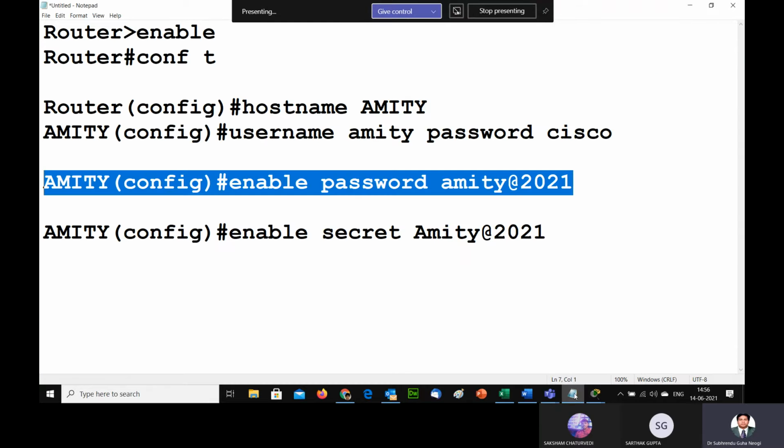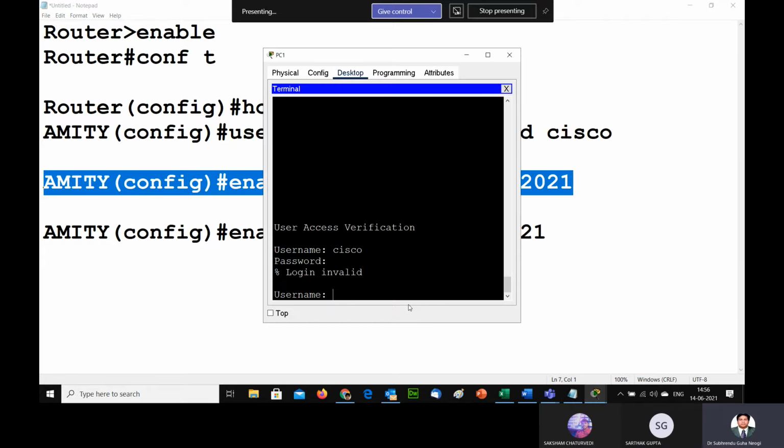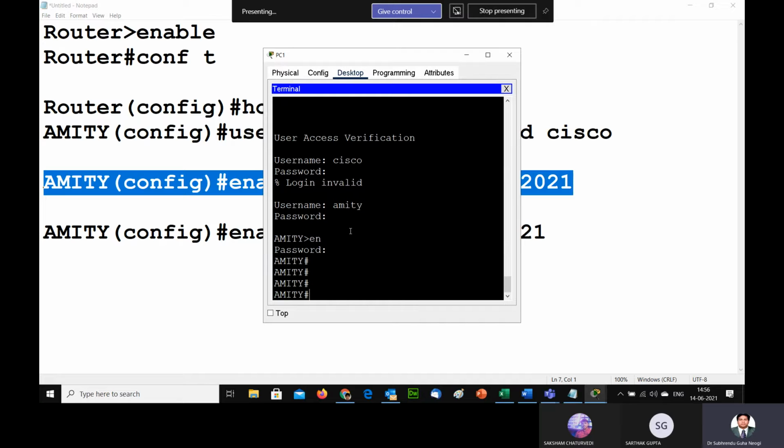Hopefully I can remember what password I've given. No, the password is Cisco actually here. So the username is amity, the password is Cisco, and after that if you type enable, here it is, amity@2021. So you can see the security. Now when I'm logging into the system, I've already made a protection.